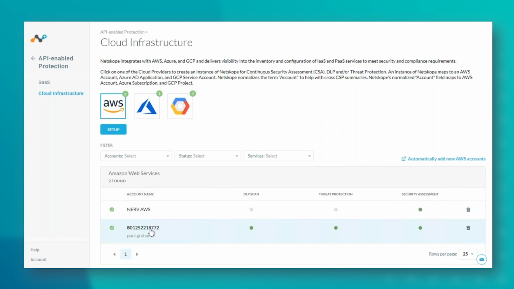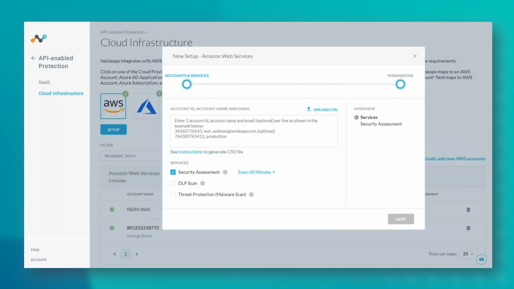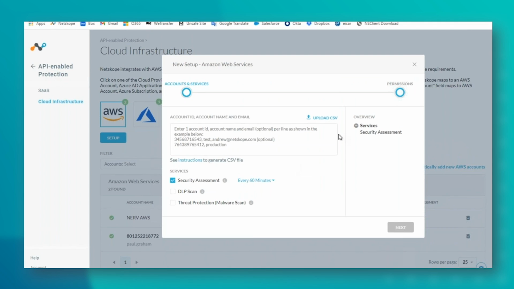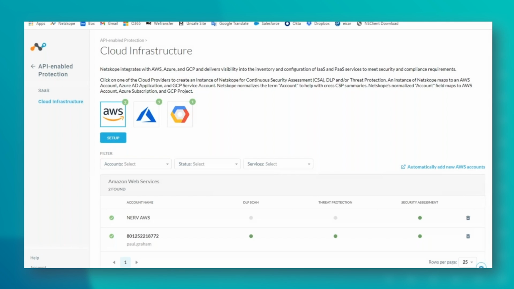When I click the setup option here, it tells me everything that it needs, and it gives me instructions on how to complete each of the steps. Everything is really user-friendly in this tenant. I add some information, I enable a couple of things depending on the cloud instance, like for example a certain permission or a certain Azure AD app that it might need. And it's now going to perform certain checks against my cloud estate.